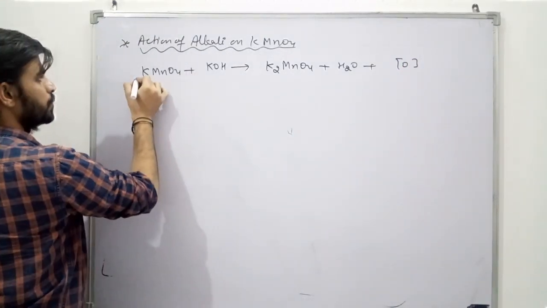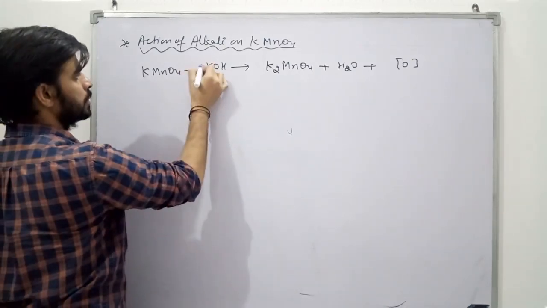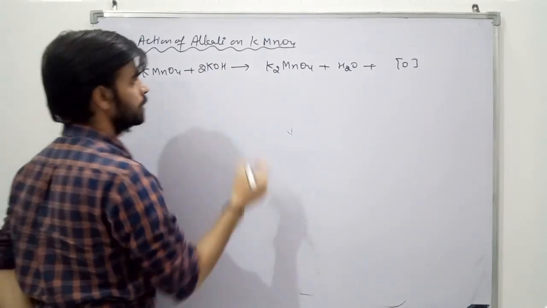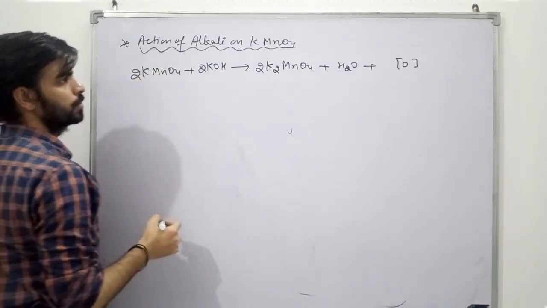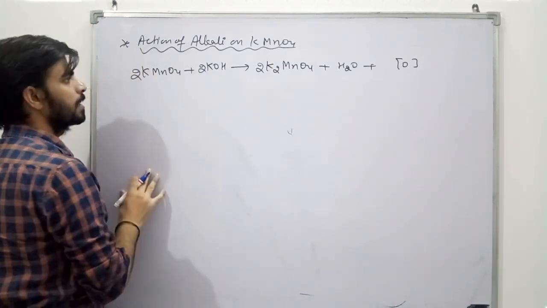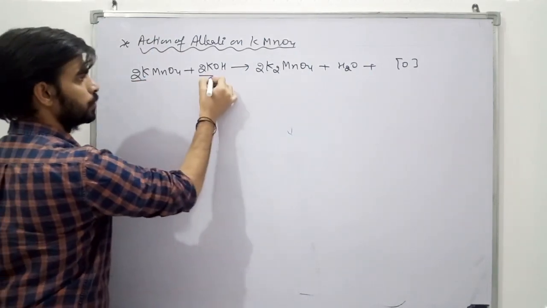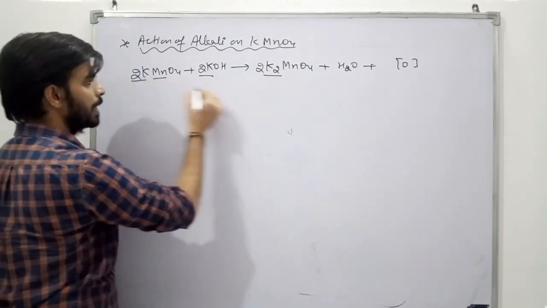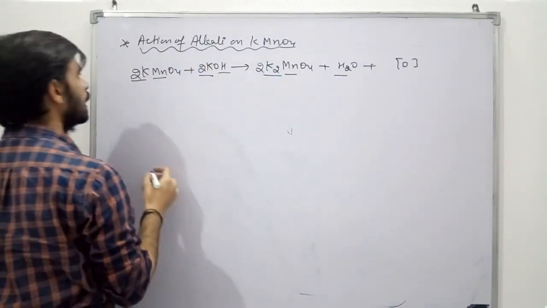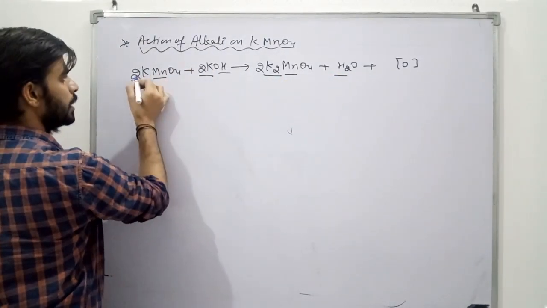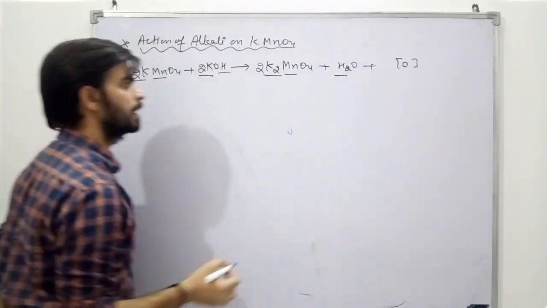Now check the equation. We have K, but we have 2 hydrogen, then 2 hydrogen, then 2, then 2. Now check whether it is a balanced reaction or not. 2 plus 2, 4, 4. 2 manganese, 2 hydrogen, oxygen. 4 to the 8, 9, 10. It is a balanced equation.